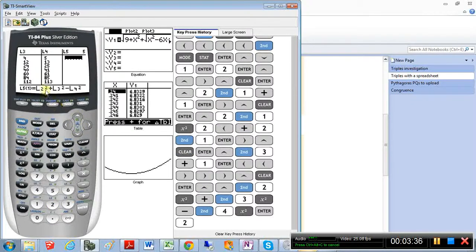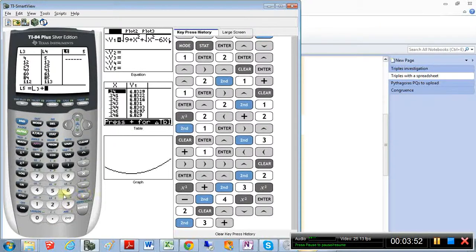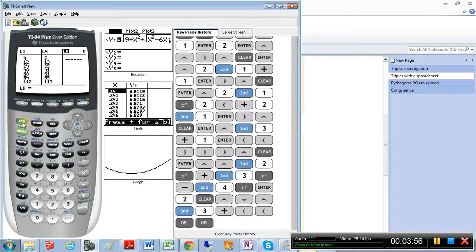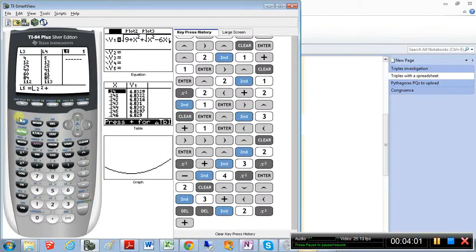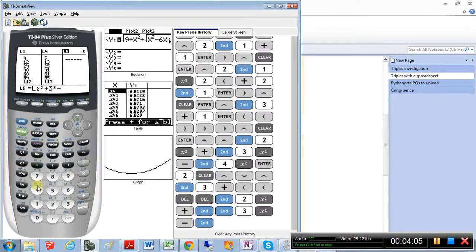The reason that happened was because I didn't enter this formula into the list title, I entered it into L5-1, okay. So it won't take a general formula in there. That's because it's the first element in this file. So we'll try that again. We're going to do L2 squared, which is A squared, plus L3 squared, which is B squared. We're going to minus L4 squared, which is C squared. And we should of course get